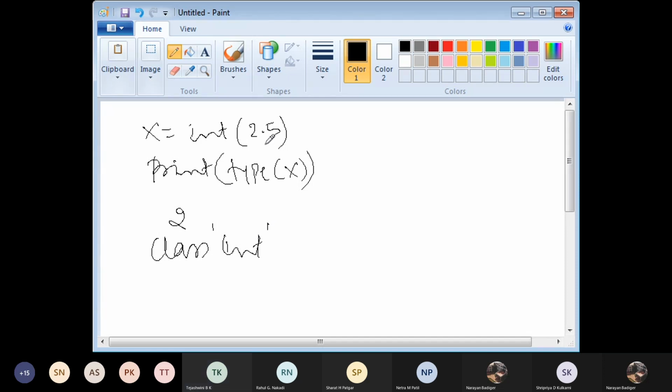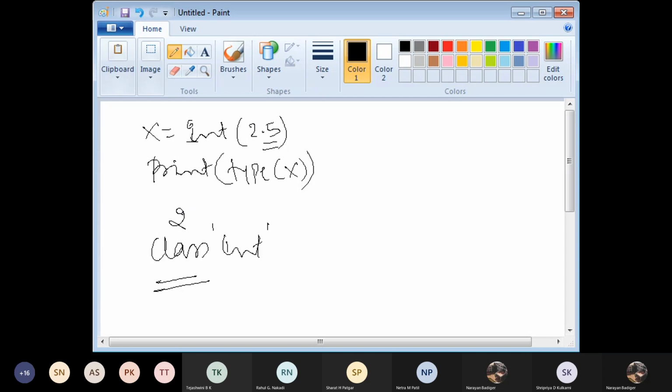Now where has this 0.5 gone? Sir, conversion. Yeah, there will be a type conversion. Of course, the input I am providing is a float, but this float is by default converted to an integer based on this data type int. So only 2 will be printed, then class of type int.